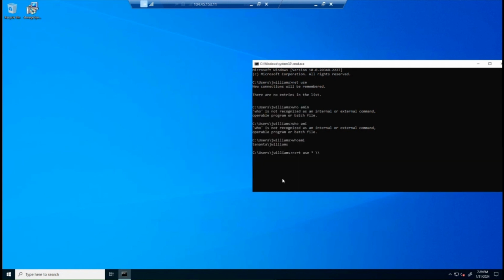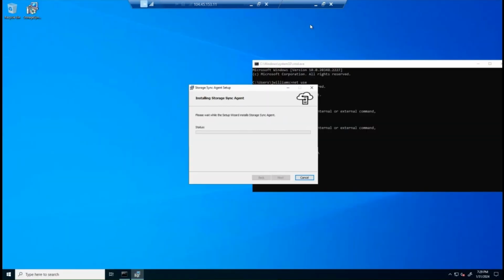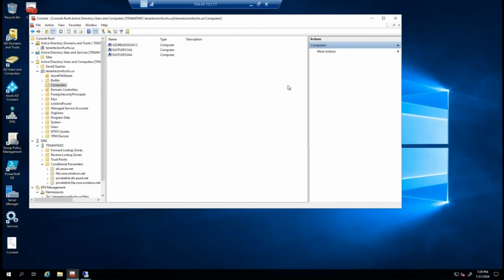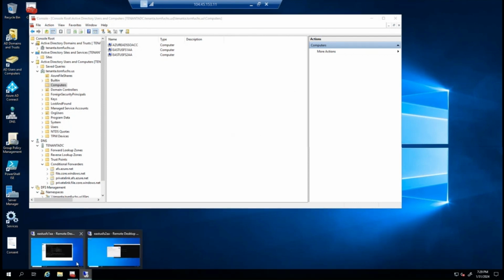So once I click install, it's going to go through this process. But I've already completed this installation, so I'm just going to show you what that looks like on the finished side. So here I've got my resource group with all of my artifacts in it. And basically, when you install the Azure File Sync, you will have to go in and create